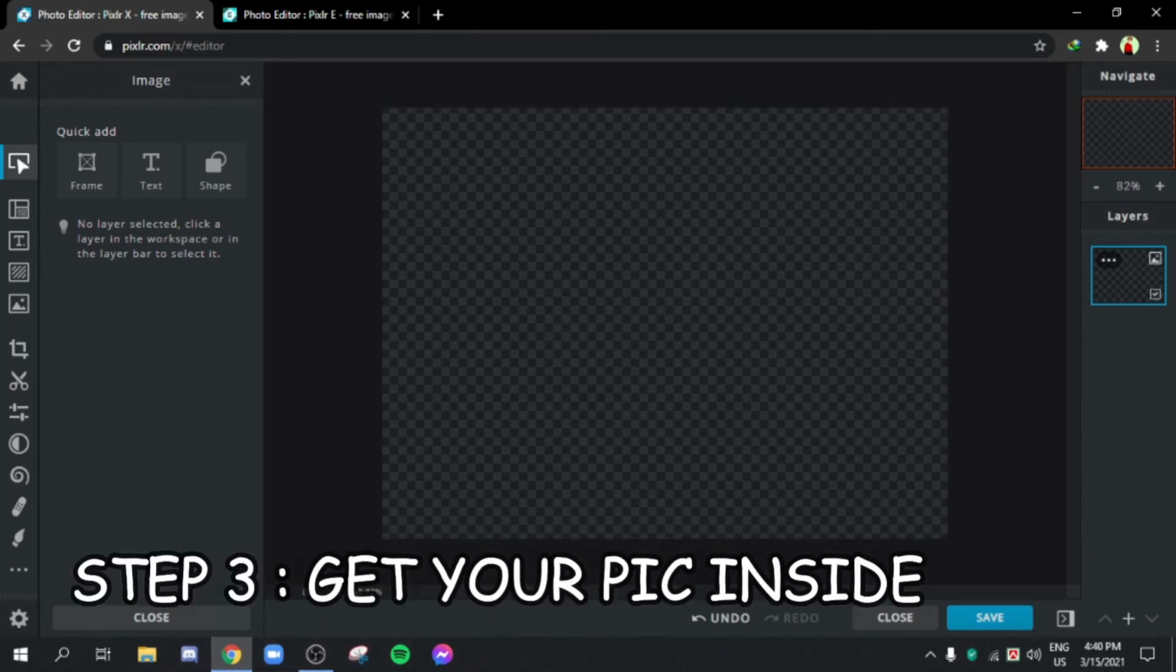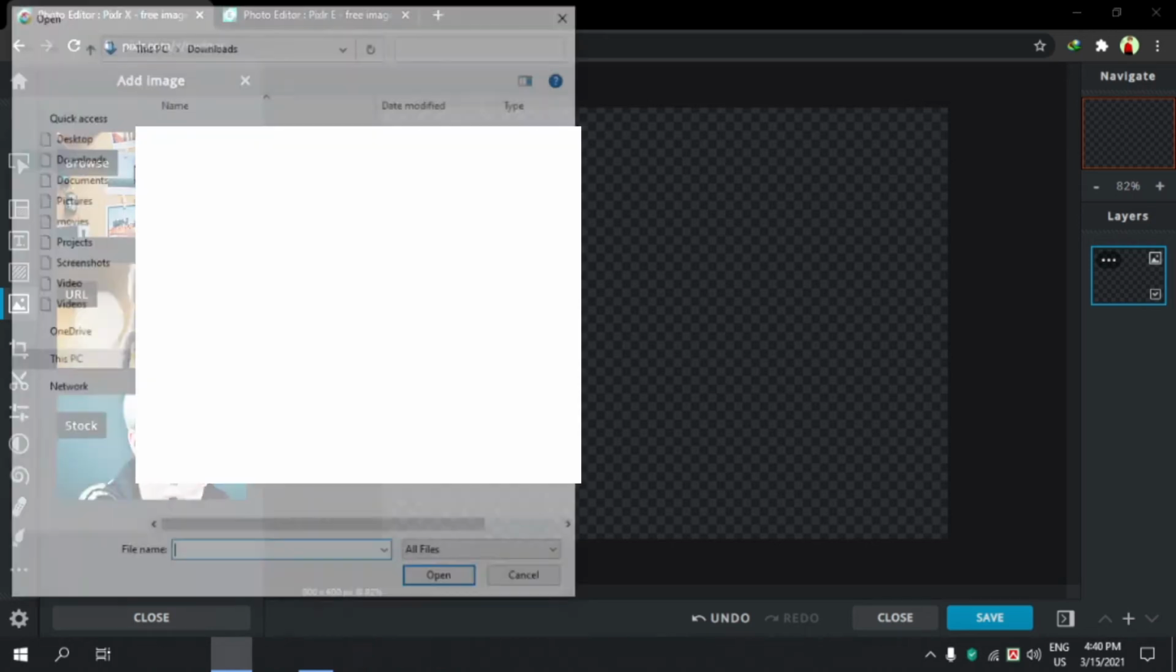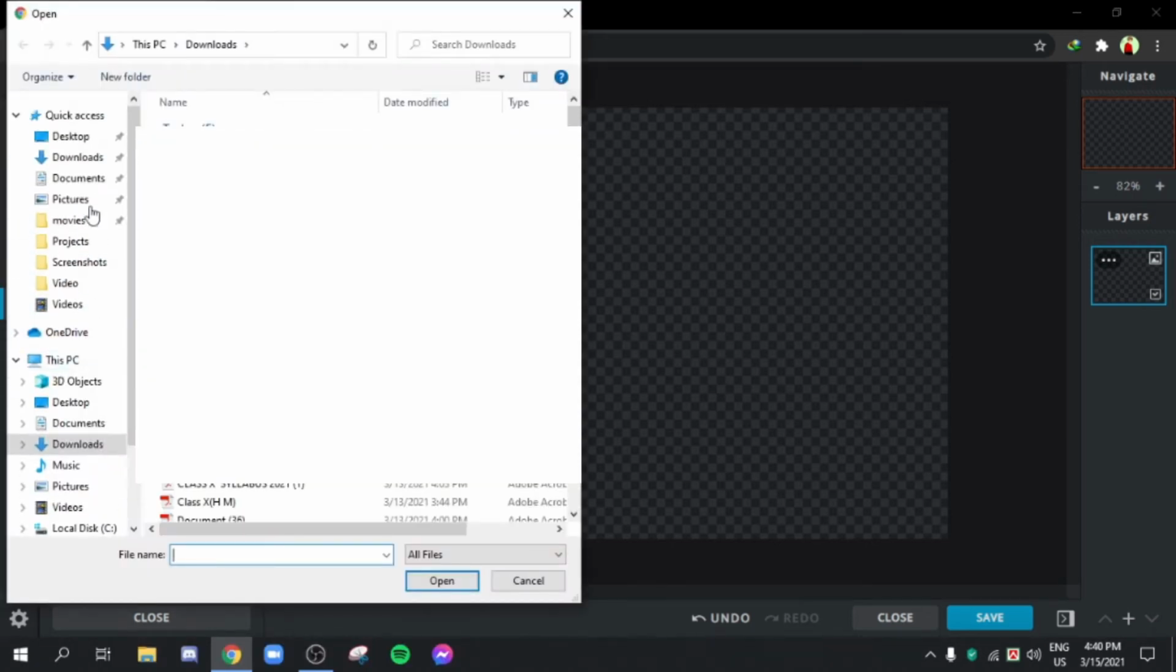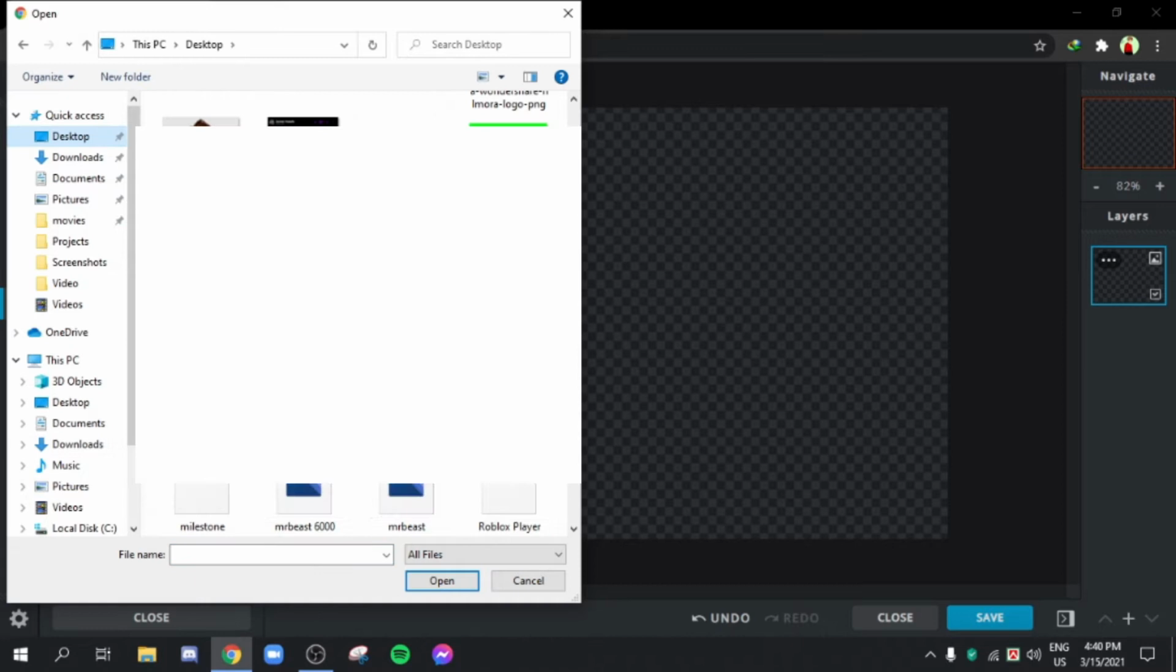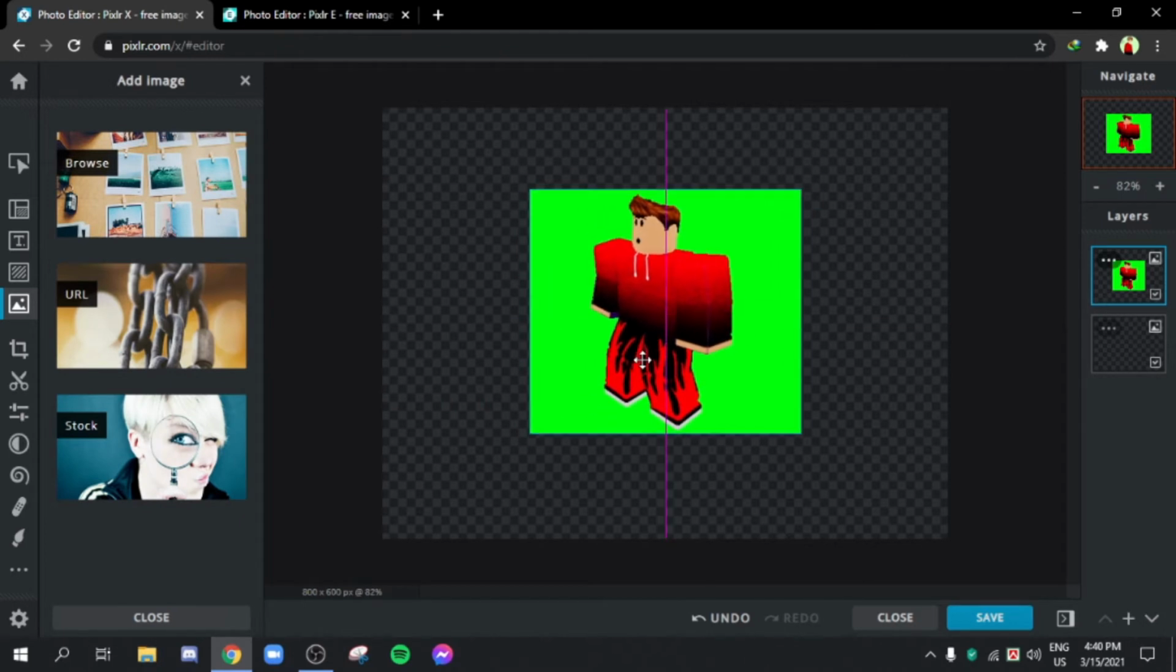So first of all, what you need to do is get the avatar snip you just got into this. So for that, you need to go to image, add image, click on browse, and then find that avatar snip from your computer. So I have it saved right over here as Clashy321, and I will be using it right over here. So as you can see, you have this right over here,